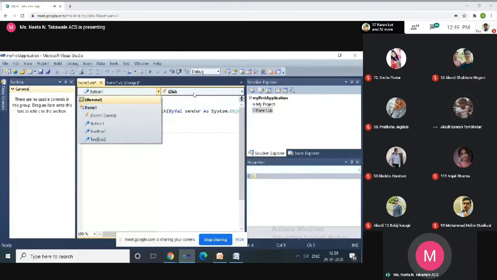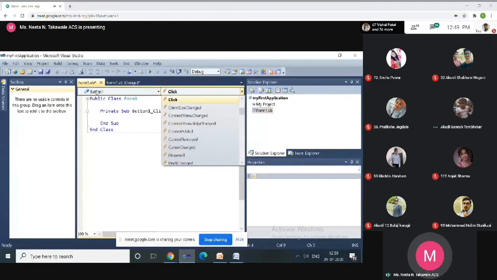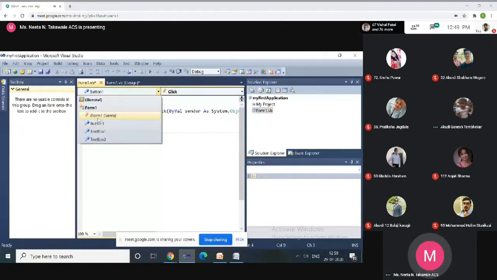Now the second combo box shows the list of all the events for that particular control. For example, here I have selected Button1.